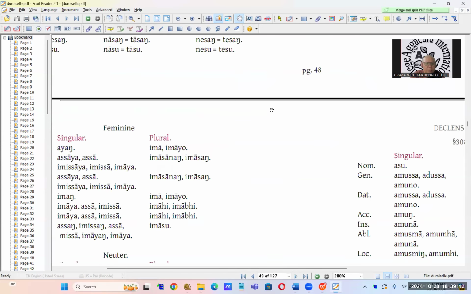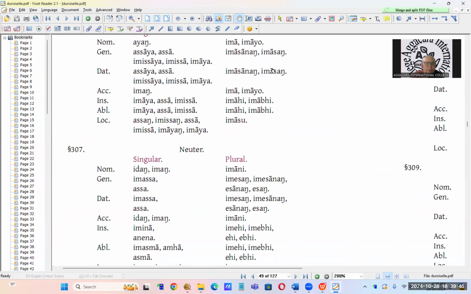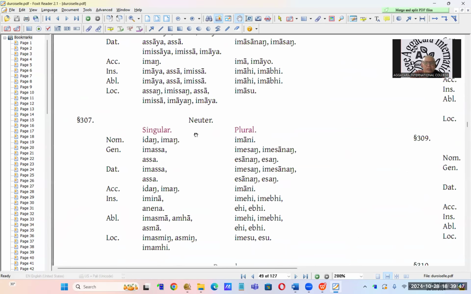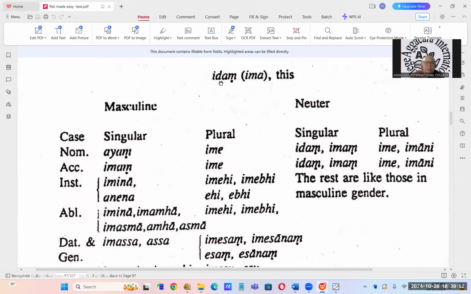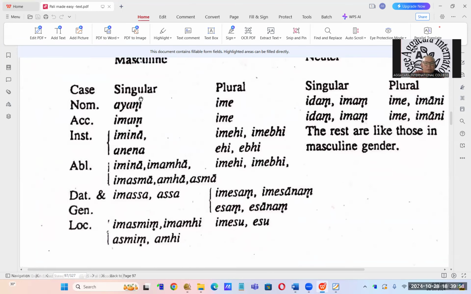I think there's some more here. Now this is a locative. It's actually quite the same. Neuter is quite the same. So we go back to here. Anyway, we know idam, ima, and another one is ayam, which is another possessive form. Instead of arranging like this, which is very confusing, try to arrange ima in one direction, then ayam or anena, asa, asmi in a different column.